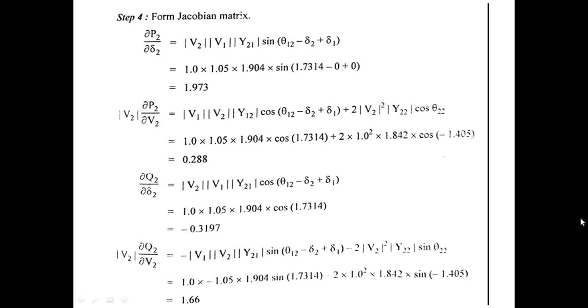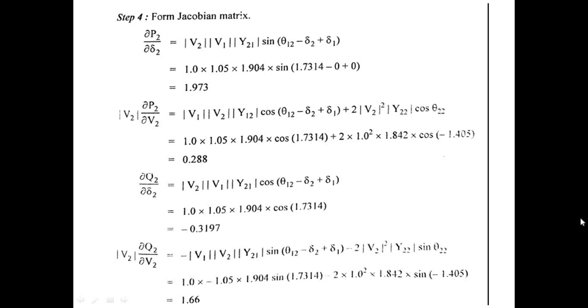Then del P2 divided by del V2 is equal to V1 Y12 cos(theta12 minus delta2 plus delta1) plus 2 V2 Y22 cos theta22, that is the value of 1.05 into 1.904 into cos 1.7314 plus 2 into 1.0 into 1.842 into cos minus 1.405,